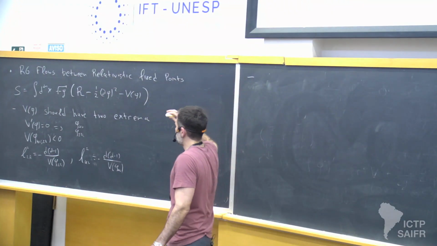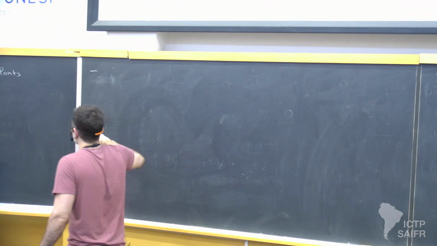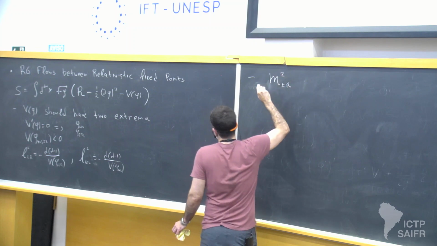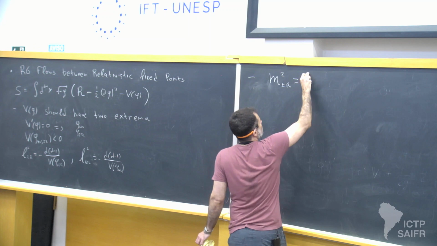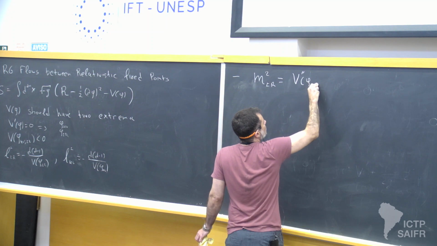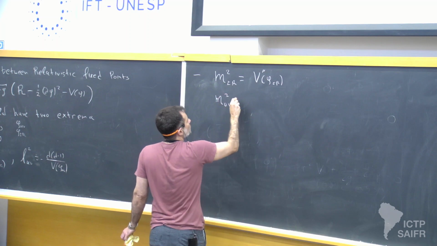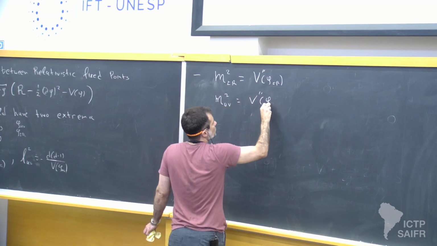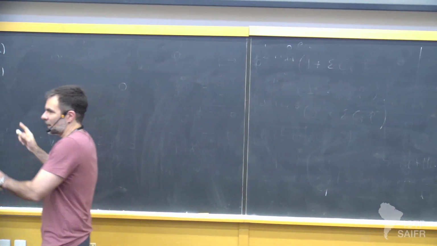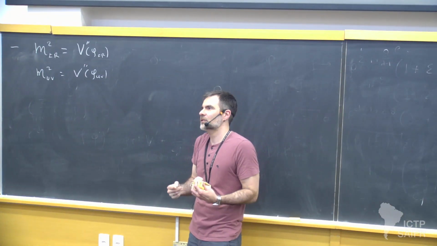Now, what makes these two fixed points an IR and a UV fixed point is the following. If you look at the bulk masses of the scalar phi around these two vacua, then they are simply the second derivative of V in the IR, and correspondingly, in the UV, the second derivative of the potential in the UV. Now, the masses of the bulk scalar around those two fixed points is exactly what fixes the dimension of